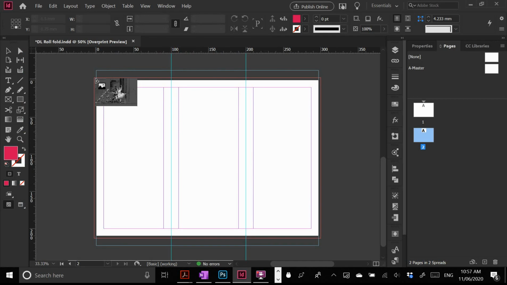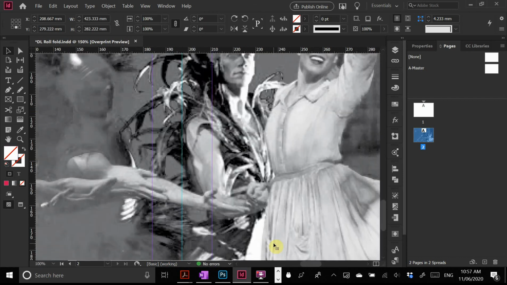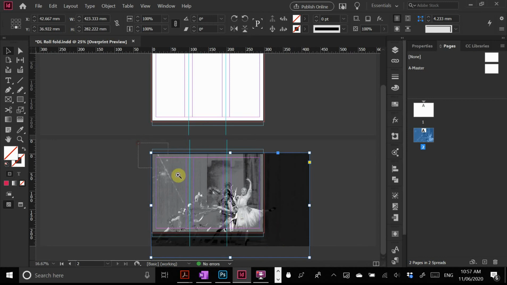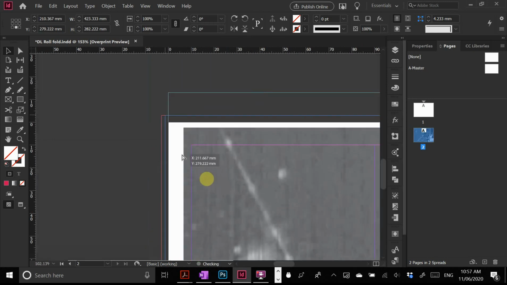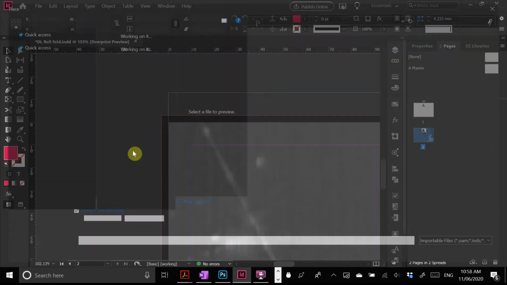And so the pain of this is that if you bring them in at 100%, obviously they're going to be much bigger than you need them to be, unless you resize them to suit. But what I usually do is make sure that they're snapped in the right position like that, and so I'll bring in the next one,